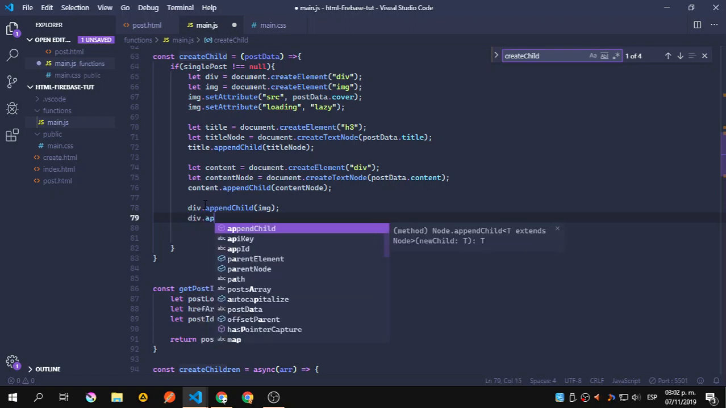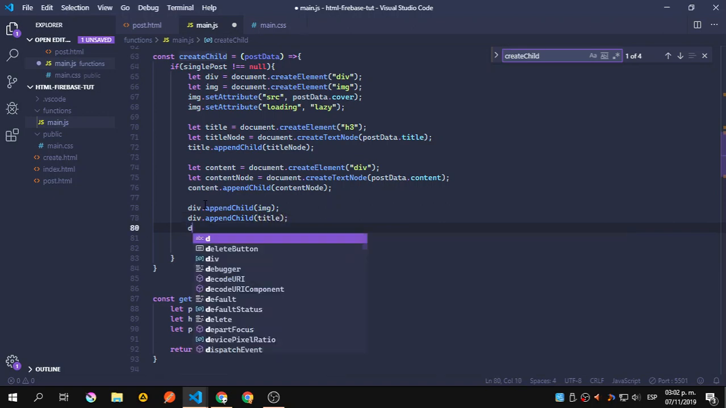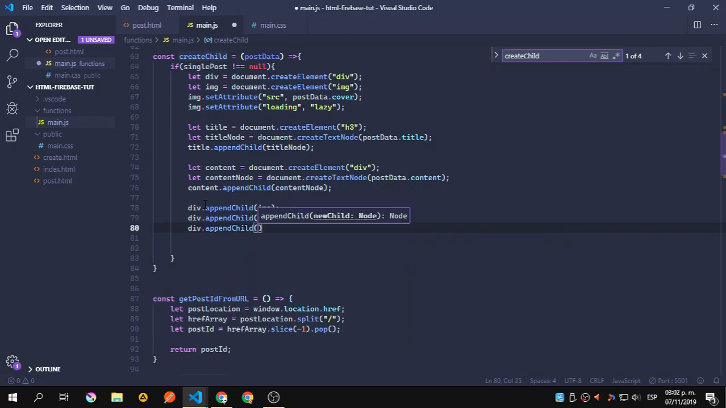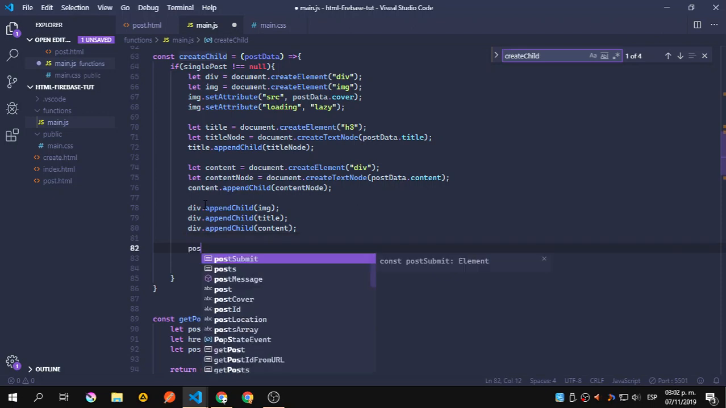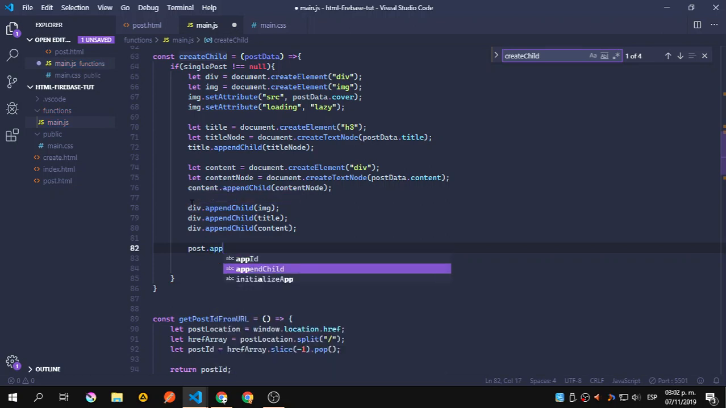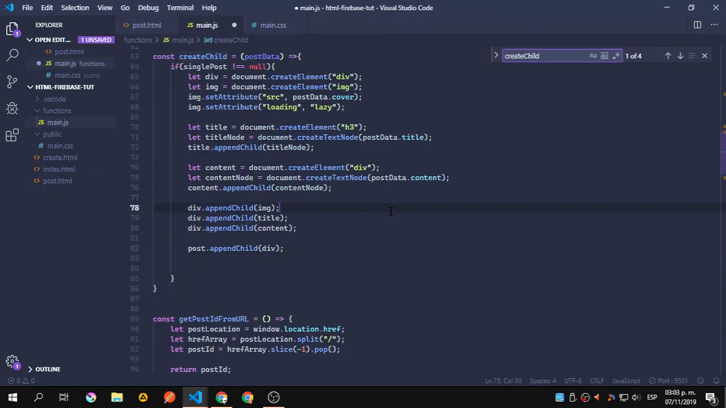So let's say div.appendChild. So first the image, then the title, and then the content. div.appendChild(content), and to the post. Remember we have the post element, the div with ID post, so we need to append the rest, appendChild, that div. So first we append everything that we set here to the div, and that div is only going to be appended to the post, remember, this post on line 34. So we save that